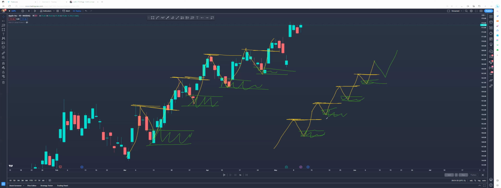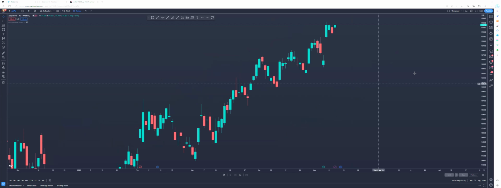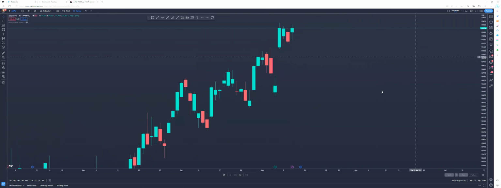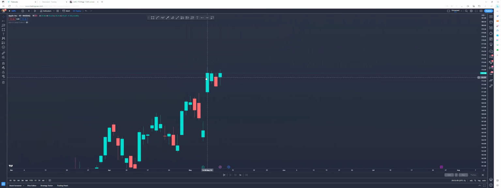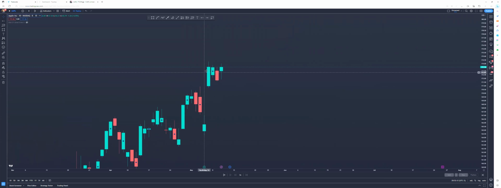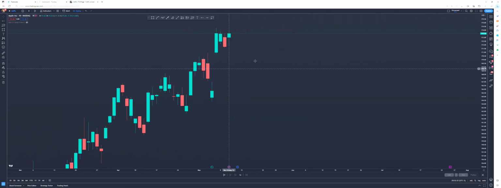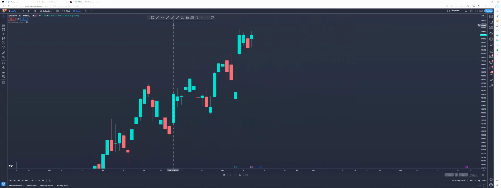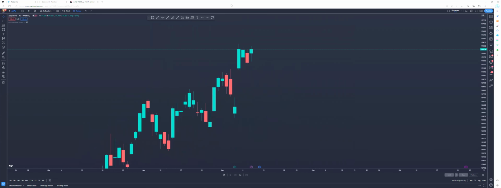So now the next question will be, okay, looking at Apple right now, what are we doing? Are we taking calls or puts on Apple? From right here, are we taking calls or puts on Apple? Neither. Why neither? We're going to wait, because let's go back to the structure, right? Literally, this is how you do it.